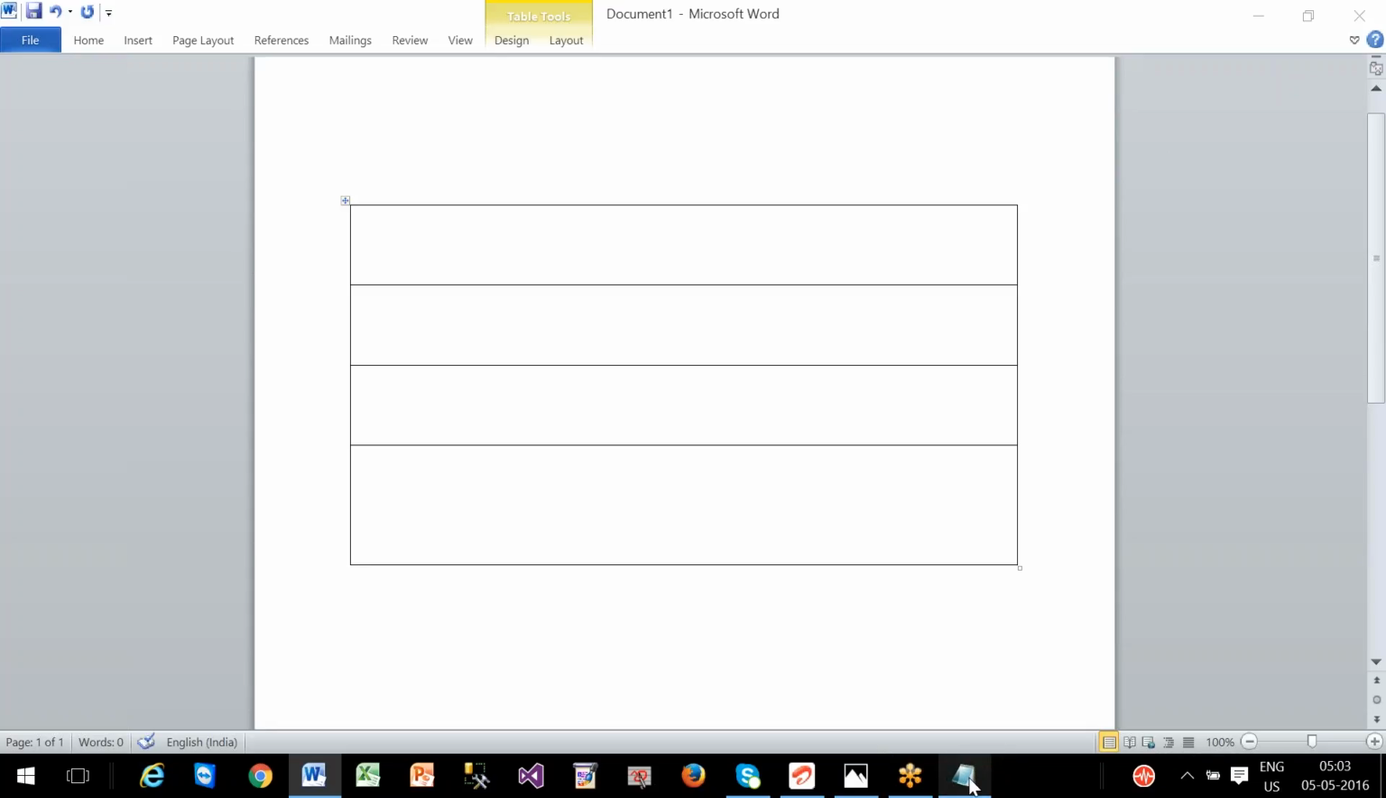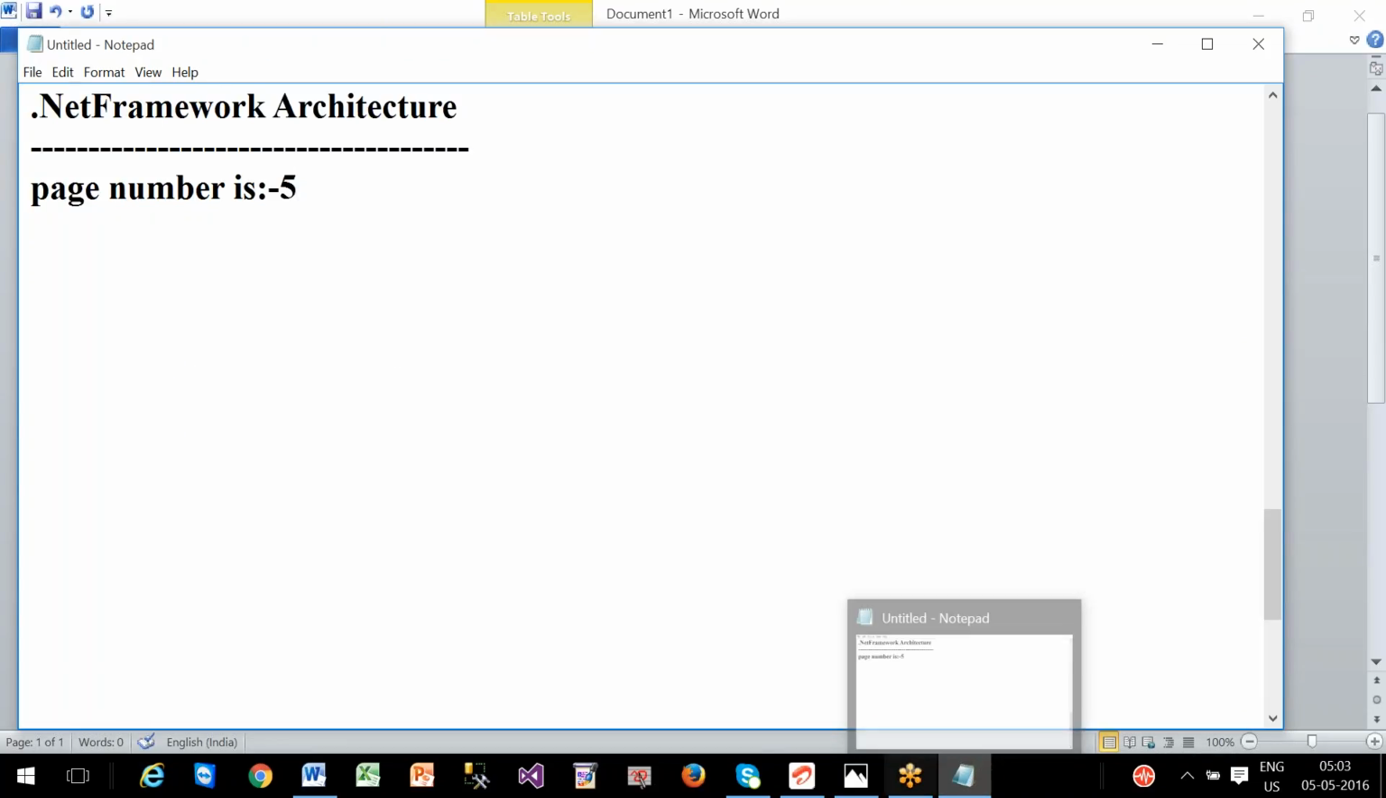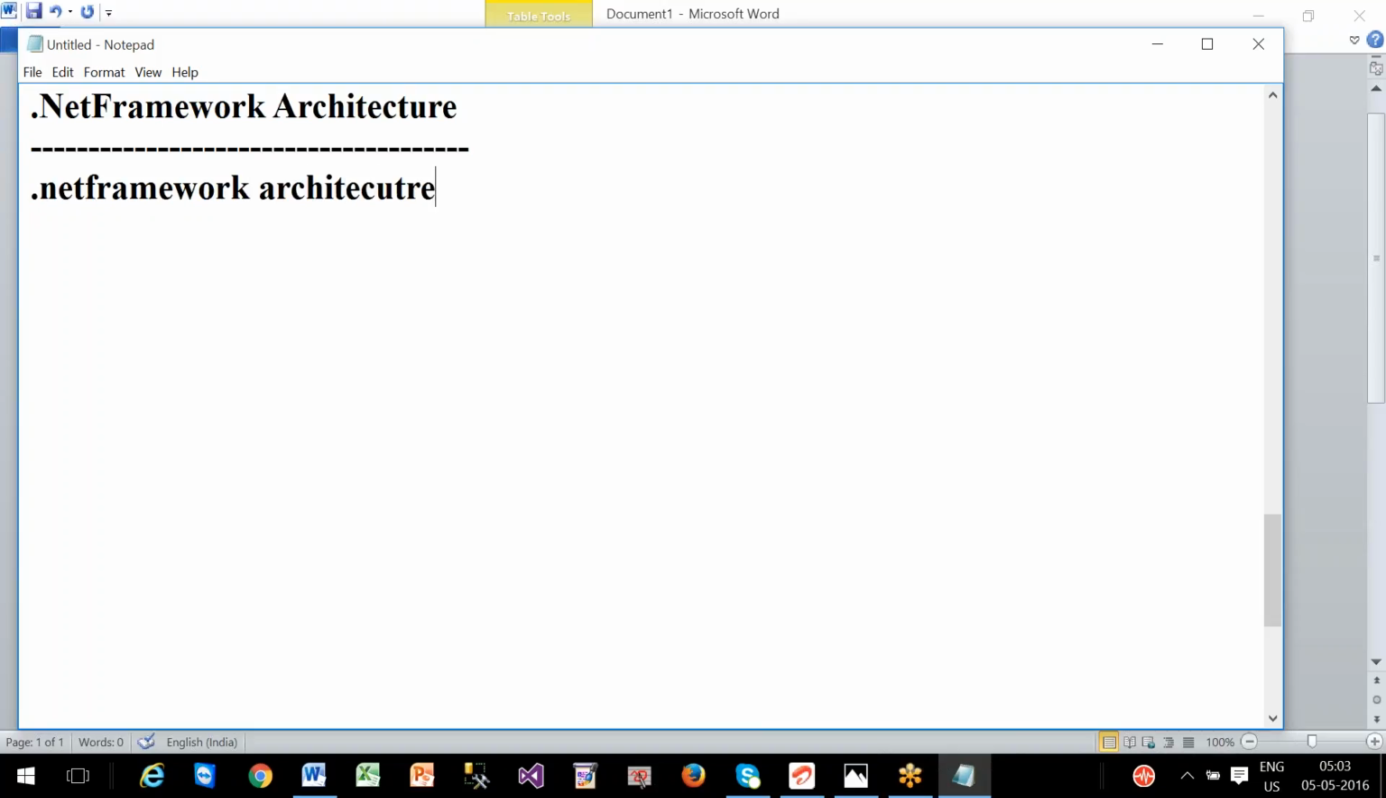Have you gone through it, guys? Yes, sir. Okay. So the .NET Framework architecture is representing what exactly the .NET Framework contains. Actually, the .NET Framework has been divided